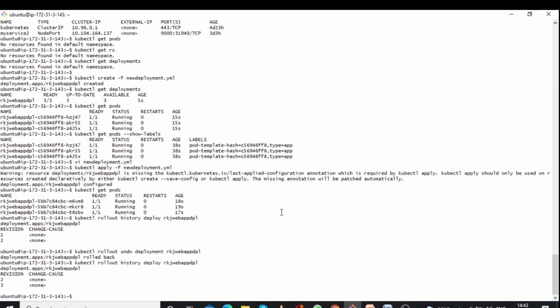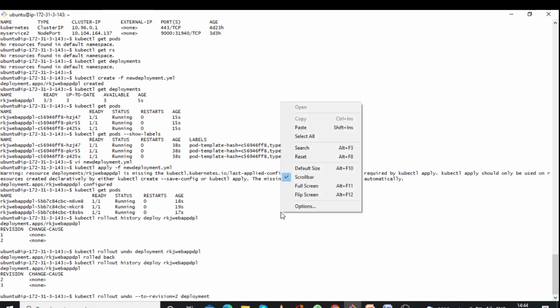For that the command will be kubectl rollout undo --to-revision=2 deployment, then your deployment name.